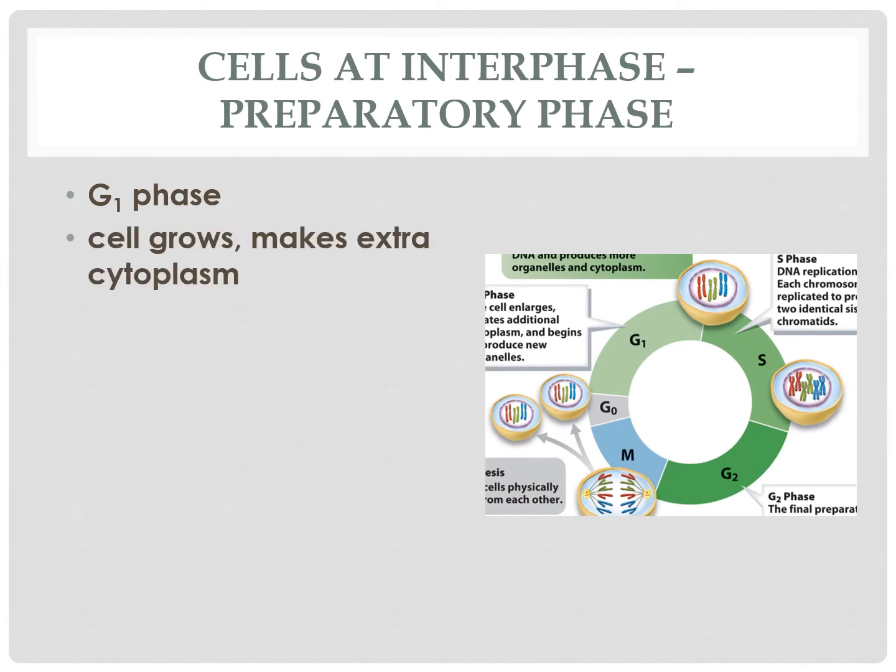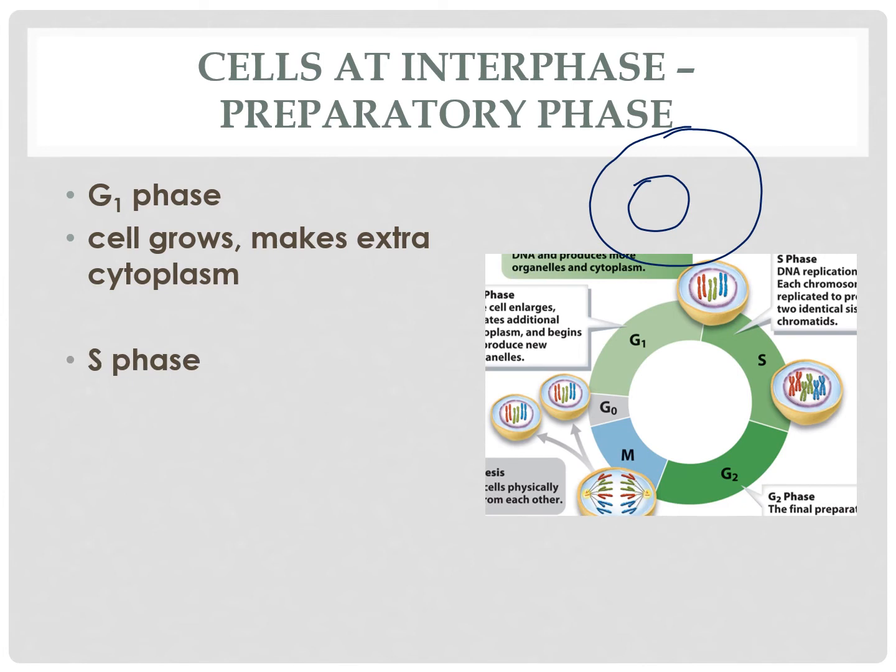Okay, so in interphase, we have G1, S, and G2. That is all of our preparatory phase in total. In G1, our cell is basically getting nice and big. So we have our regular cell here, right? And now it's basically going to double. It's making lots of extra cytoplasm, getting ready to prep everything and duplicate organelles and everything so that it can